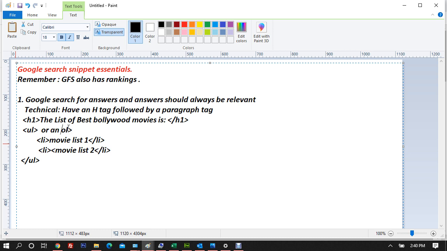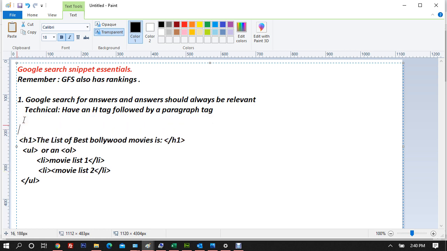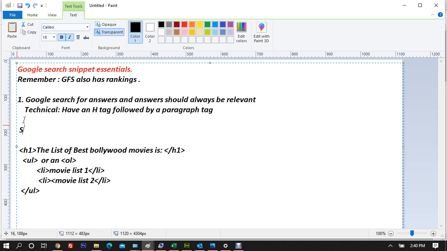It can be an unordered list, or it can be an ordered list, but it has to have a heading. Let's assume that what Google is looking for is the search term. The search term that you are expecting is that you have to take every search term as a question, right? That is basically the funda for this. You have to take everything as a question and try to provide more relevant answers to enforce the Google search snippet to list you. So the search term can be, what are the, or we can say what are best